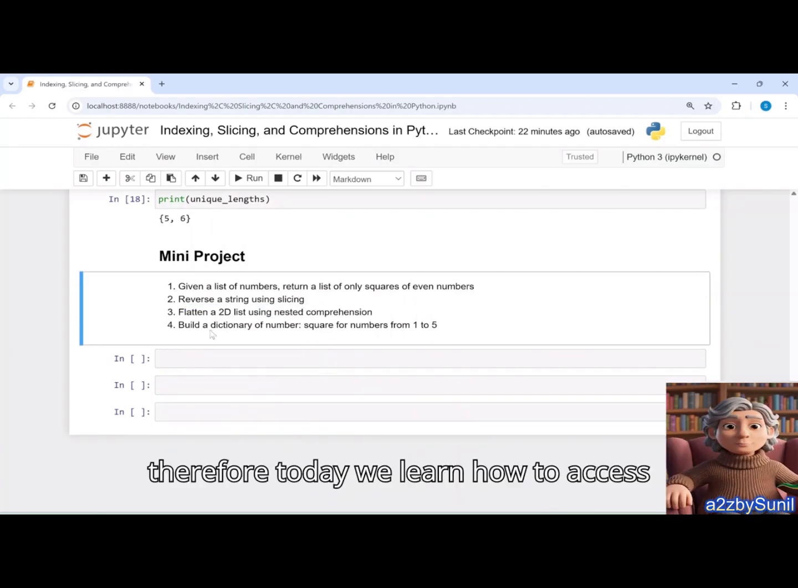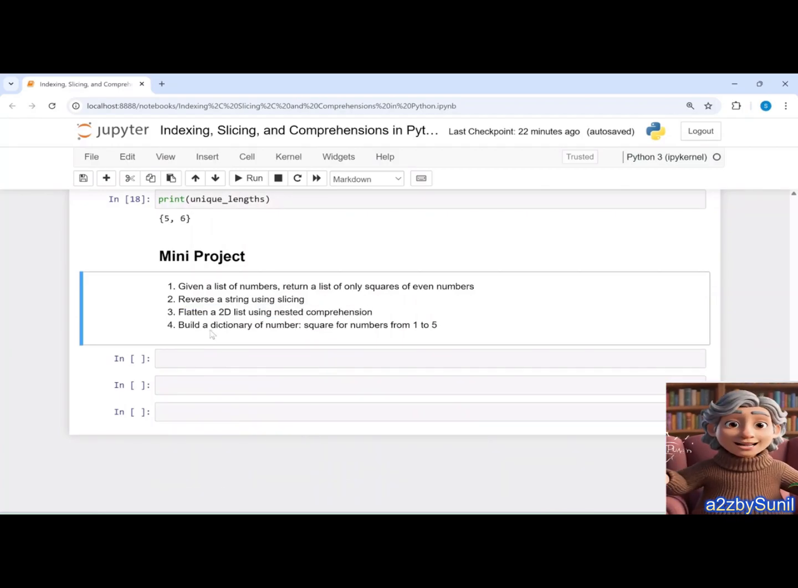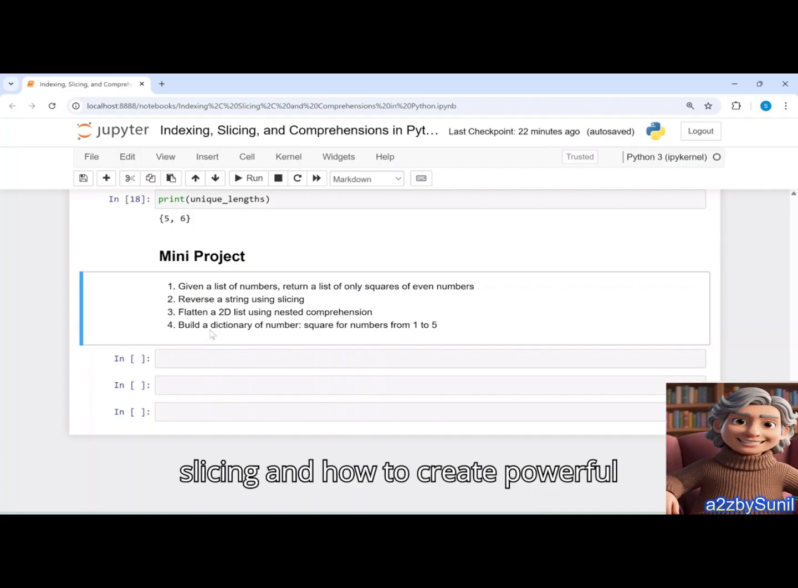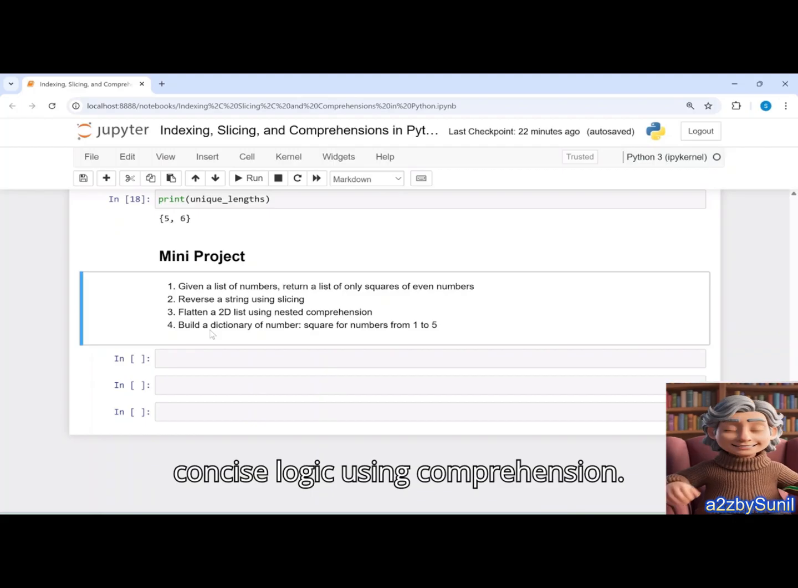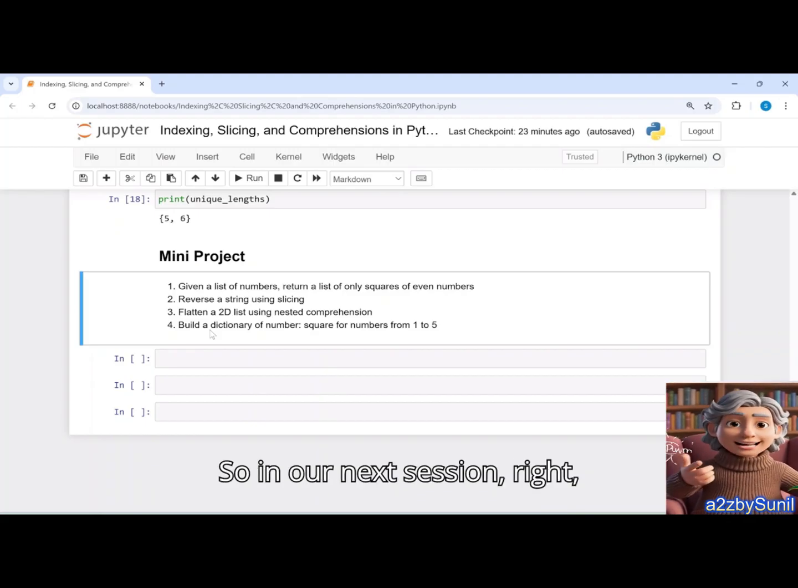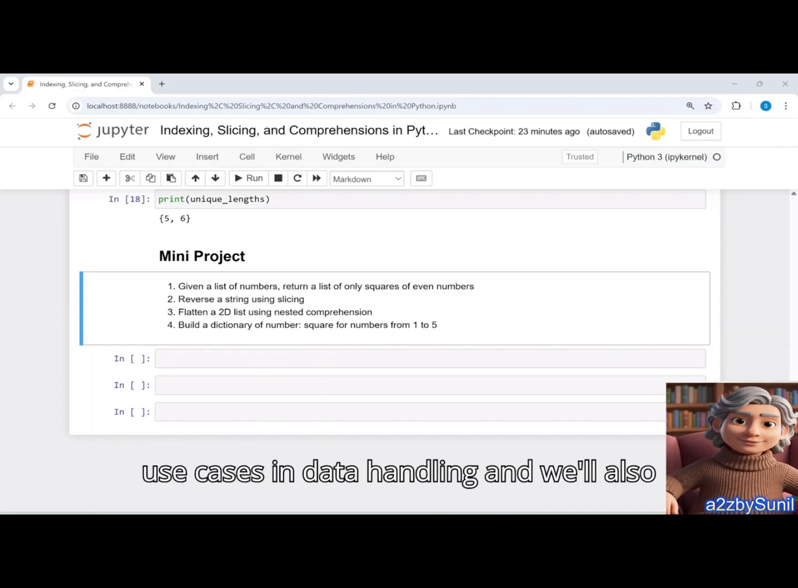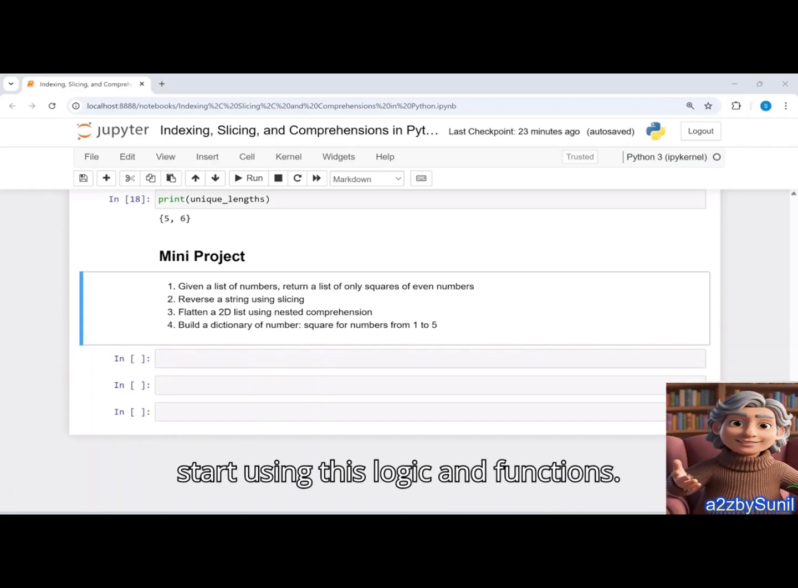So today we learned how to access and extract data using indexing and slicing, and how to create powerful, concise logic using comprehension. In our next session, we'll learn various different use cases in data handling, and we'll also start using this logic and